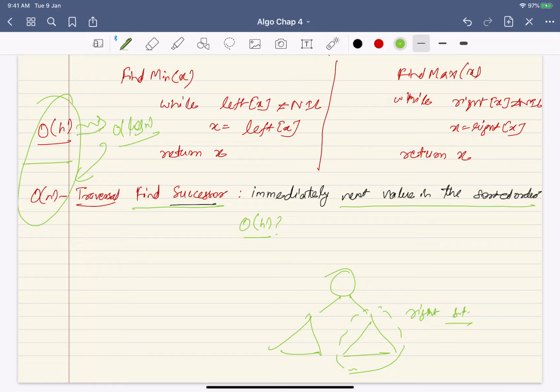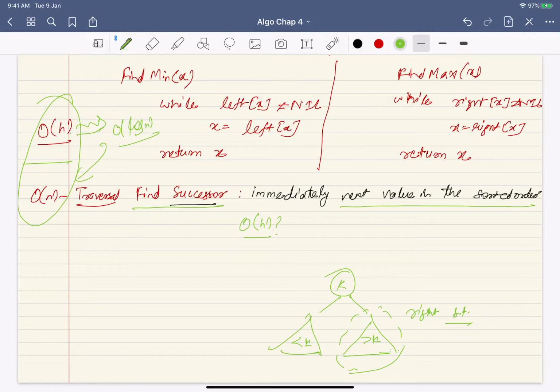Now, where in the right subtree? All of these are larger than k, and all of these are smaller than k. Now where will the successor lie in the right subtree? I'll find the immediately next value. What should be the property of the successor?